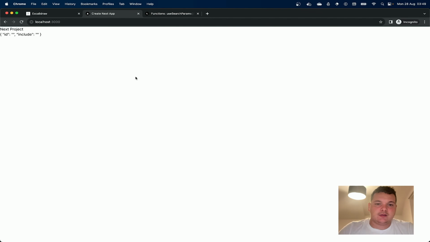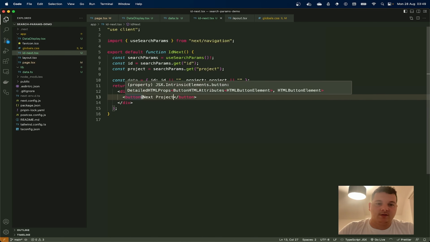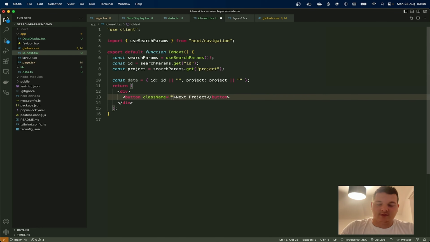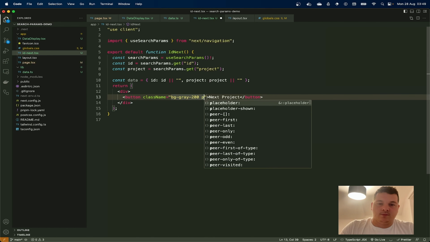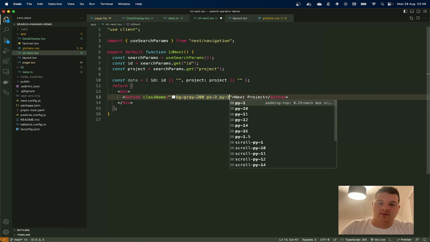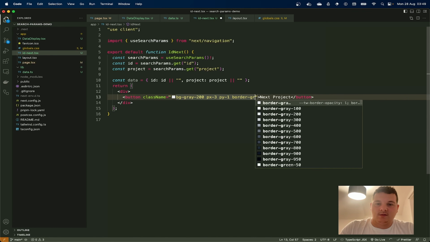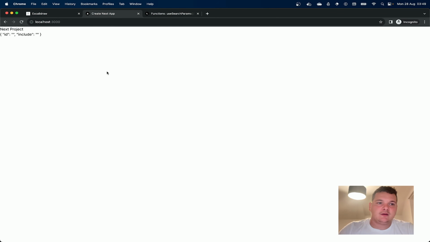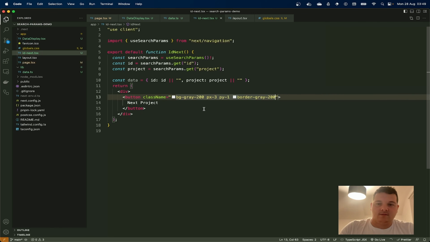Cool. So let's make that look like an actual button. I know it's not too relevant for this, but px3 py1, border gray 200, that's fine. So we've got a button now